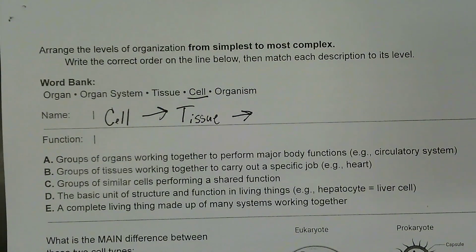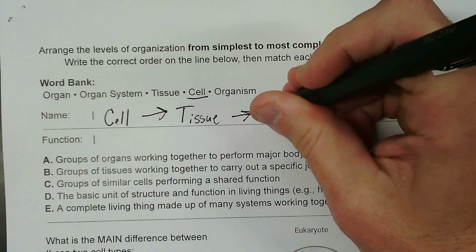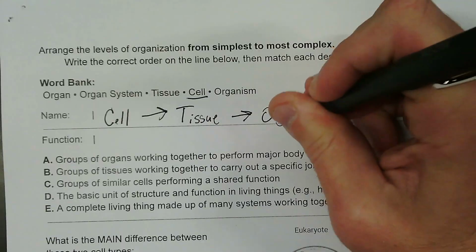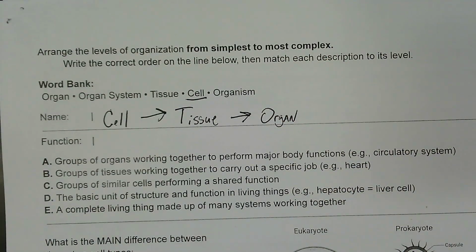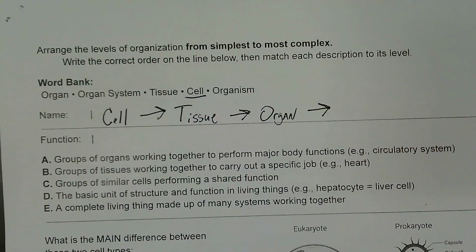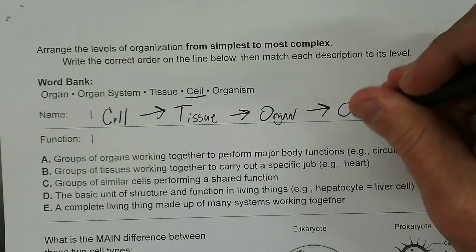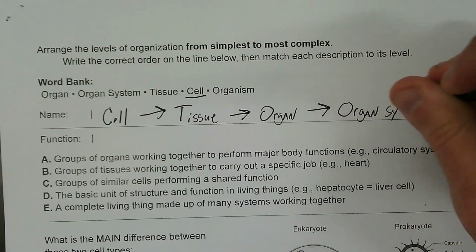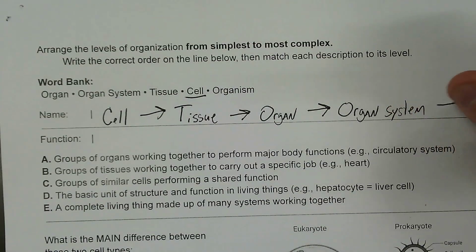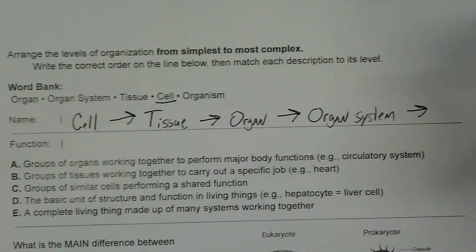What happens when two or more tissues come together to perform a specific function? You get an organ system, an organ, or an organism. It wouldn't make sense to have anything but an organ. So if I have two or more organs working together to carry out a specific function, I have an organ system. And either just knowing it or by process of elimination,